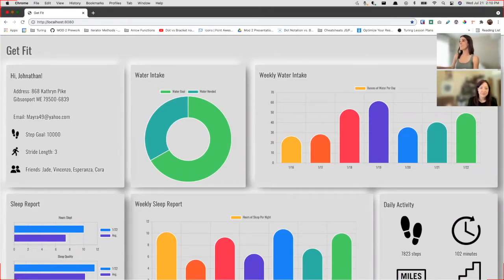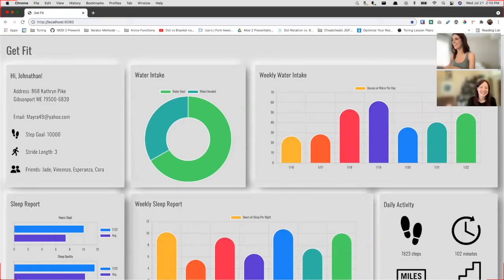And another thing as far as the design goes would be to implement mobile first design. We did not get this information in a lesson until after we had already designed our desktop. So we went from desktop to tablet to mobile, and in the future, we will go from mobile to tablet